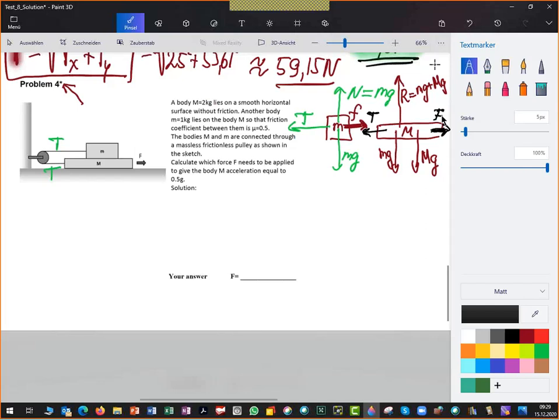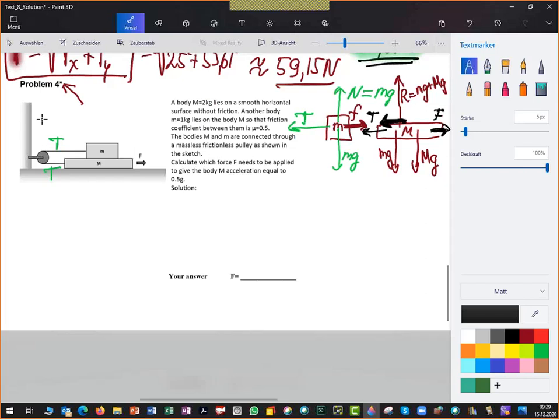This body m large will also experience friction force. In which direction will the friction force act? To the left or to the right? Well, yes, the friction force will act to the left,